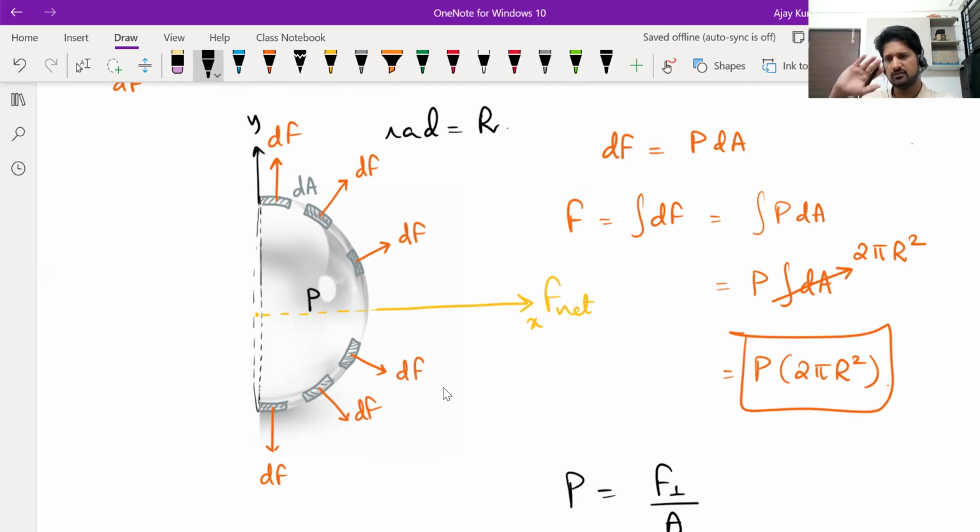Now the actual area is a bulged area. It's 3 dimensional. It's not restricted to one plane. But the net force is in the x direction, right? So what we have to do is integrate the components of these area in the yz plane. So imagine projecting these areas onto the yz plane. That patch's projection will be here. Similarly, another patch, if you project it onto the yz plane, its projection will be here,